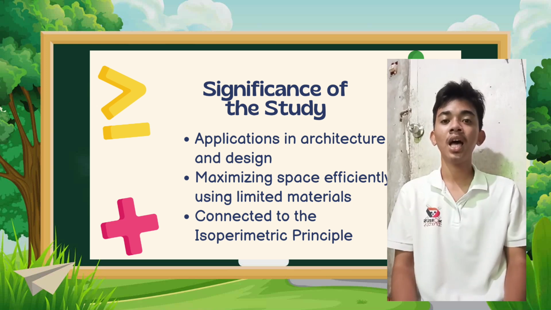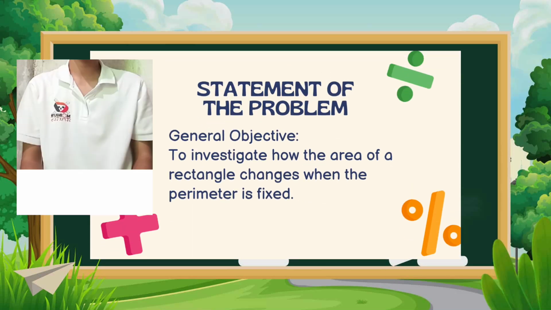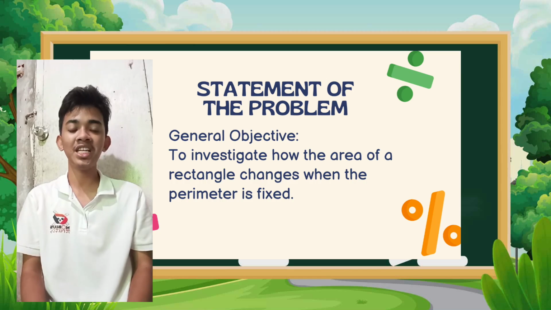It teaches us how to maximize available space efficiently while using only a limited amount of materials. Furthermore, this study connects directly to the isoperimetric principle, a fundamental mathematical concept that explains the relationship between the area and perimeter of shapes. The main objective of this investigation is to analyze and understand how the area of a rectangle